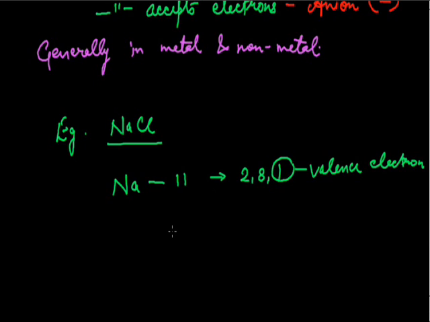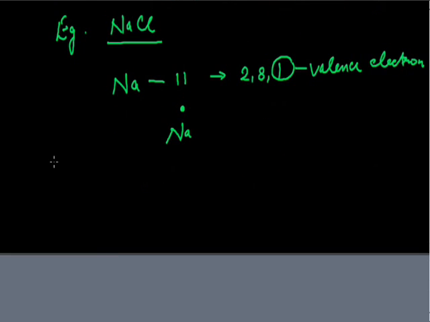So the Lewis symbol of sodium is this. Next we talk about the Lewis symbol of chlorine. For chlorine, the atomic number is 17 and the configuration is 2, 8 and 7. It has 7 electrons in its outermost shell, and the Lewis symbol for chlorine is